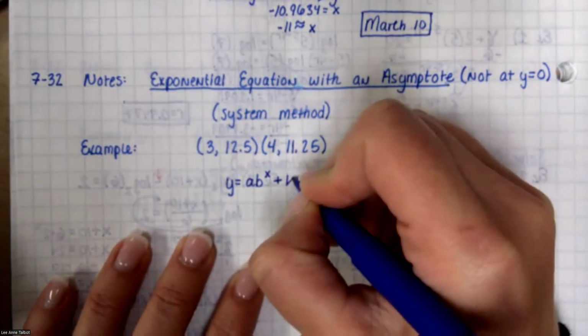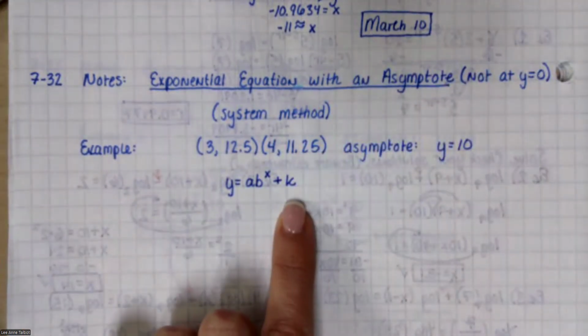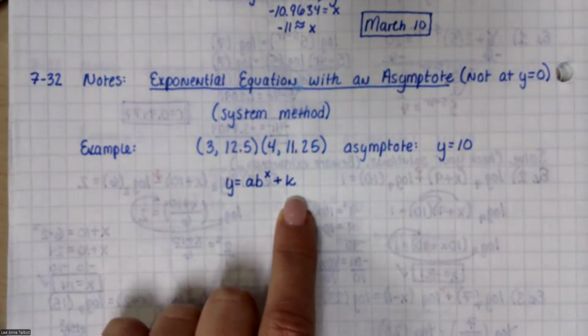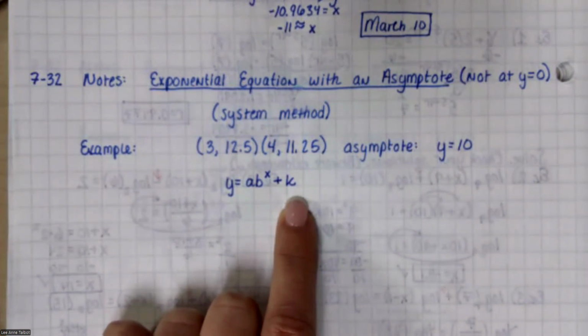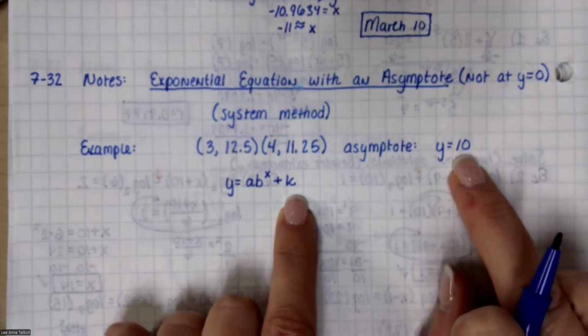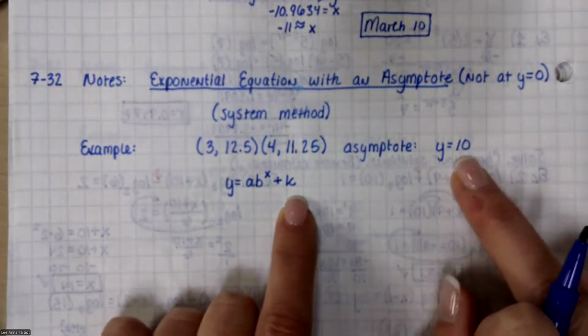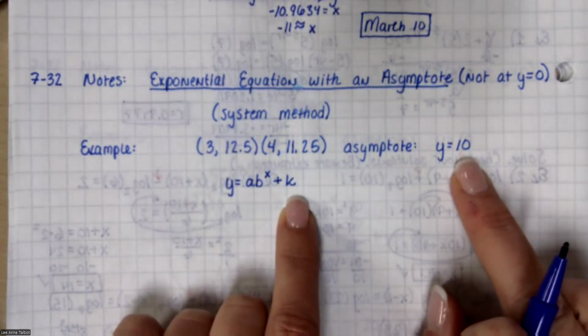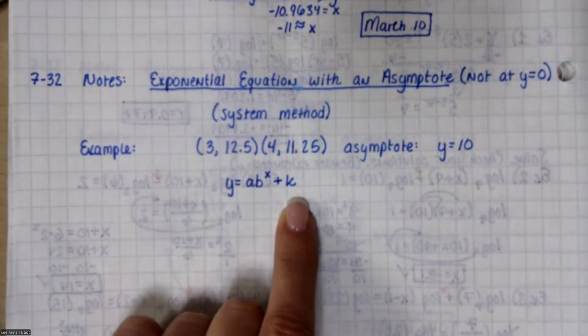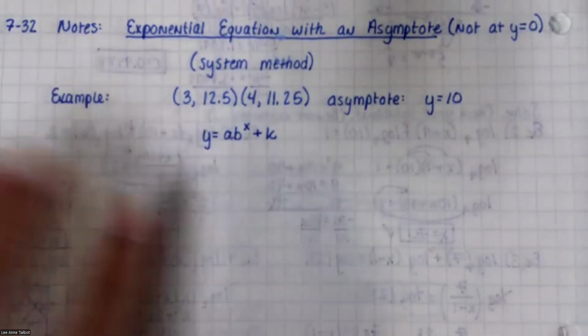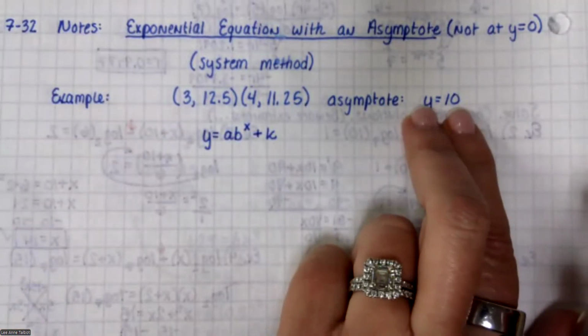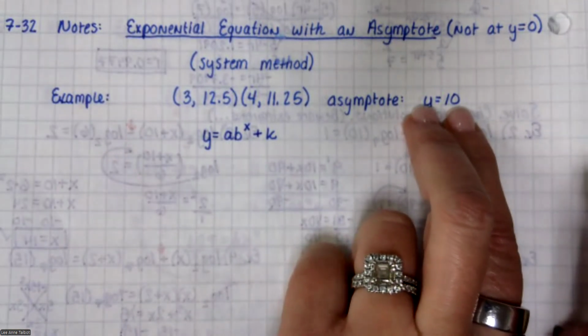First, you need to know what equation we're working with. The difference between the problem we just did with Brad's situation and this is that I've told you the asymptote is at 10 this time. So that means this whole graph is shifted up 10 units. It was not shifted for Brad's because it was just AB to the X. And now I've added a plus K. How do you know to add a plus K? Because it told you the asymptote was at 10. So that means it's up 10.